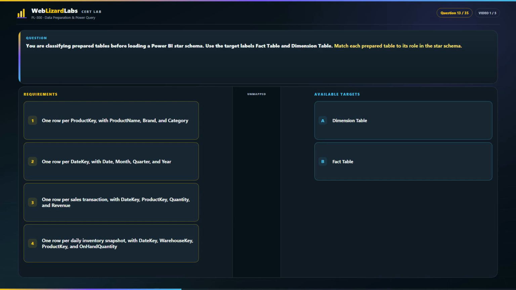Question 13. You are classifying prepared tables before loading a Power BI star schema. Use the target labels Fact Table and Dimension Table. Match each prepared table to its role in the star schema. Requirements. 1. One row per product key with product name, brand, and category. 2. One row per date key with date, month,